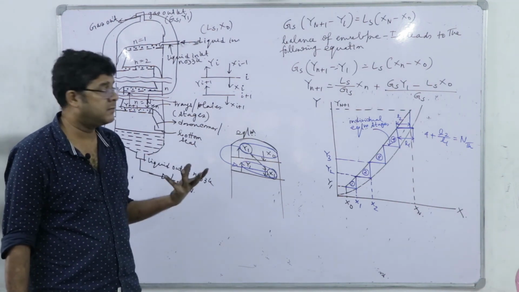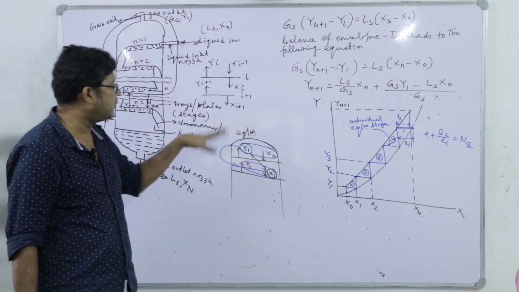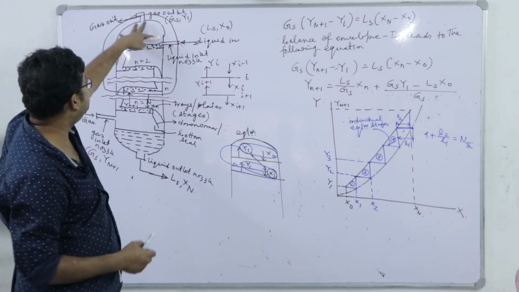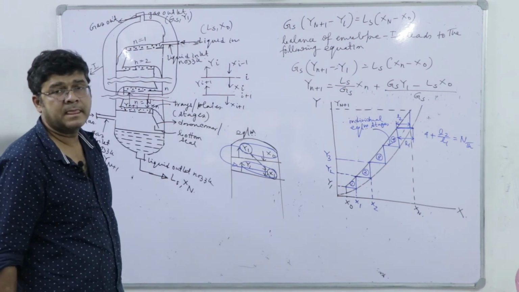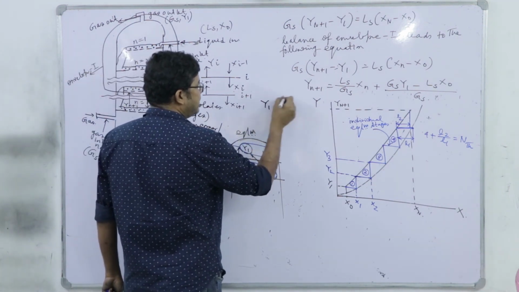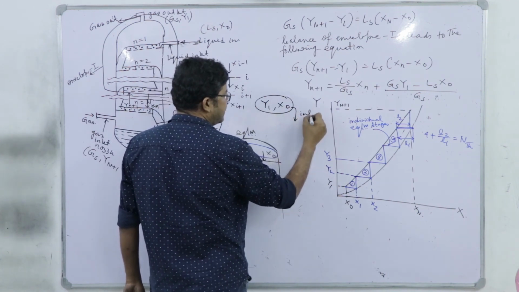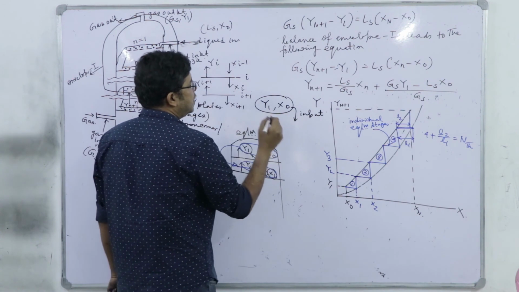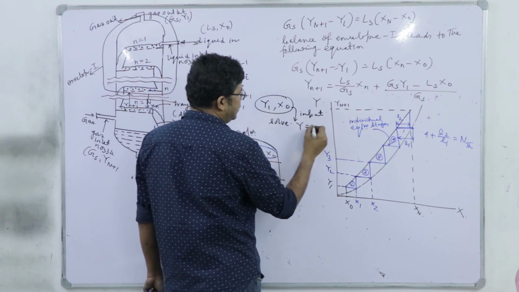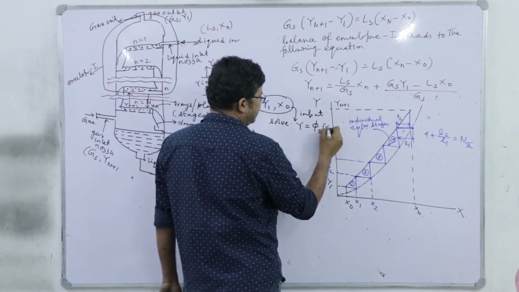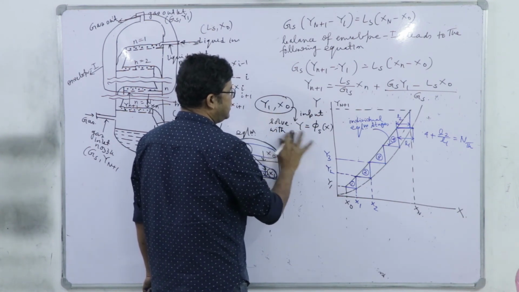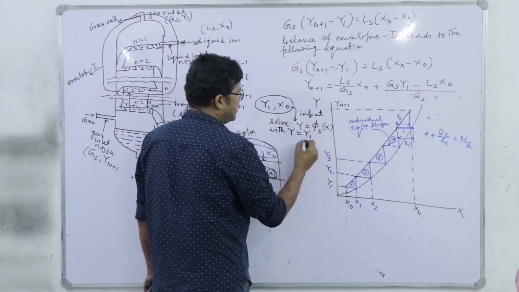So, that is the idea of determining the number of stages by a graphical technique, and that was introduced by McCabe and Thiele, right. This is a brilliant idea. Otherwise, what would you have to do? You start from y1 and x0, because we know the terminal compositions or terminal points of an operating line. So, y1 and x0, that is the input. What you can do is solve y is equal to phi s x with y equal to y1,